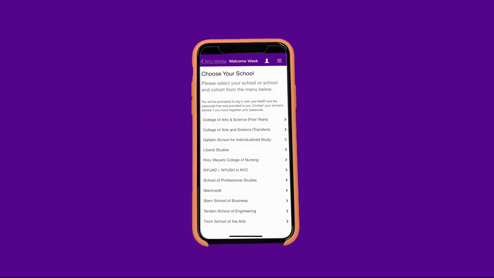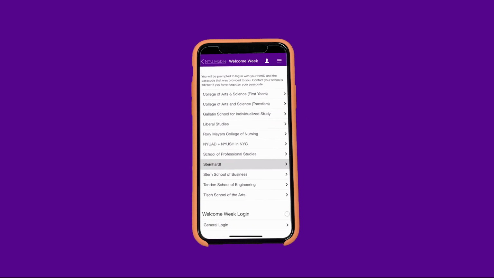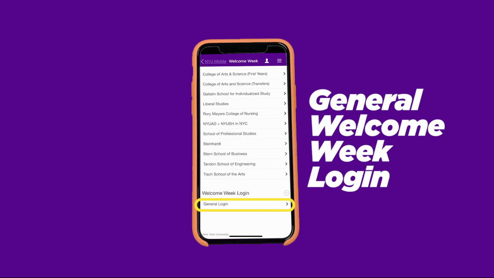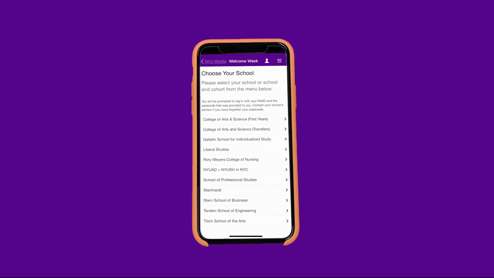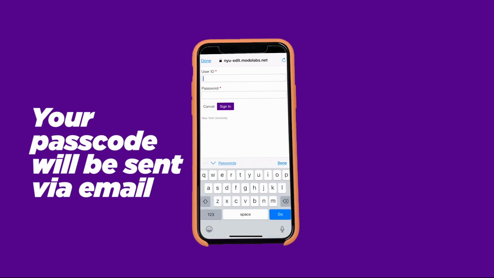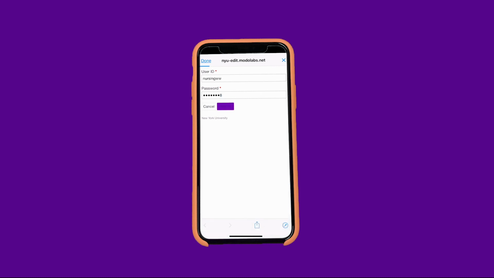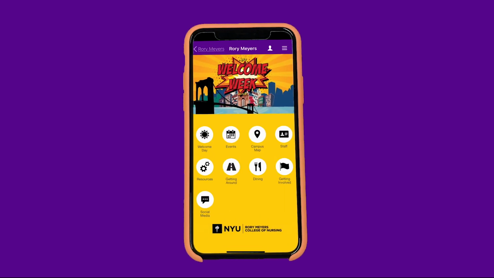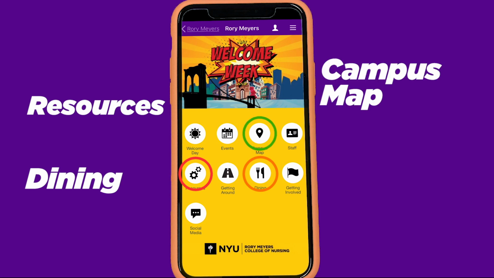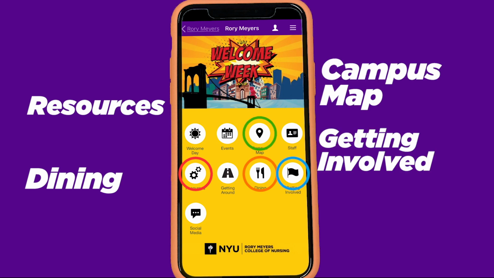You will see a drop-down of most NYU schools. Please select your school. If you do not see your school selected, please scroll down to the General Welcome Week login. After you have selected your school, enter your NetID and the passcode provided to you for your school in an email. Once you log in, you'll have access to many of the amazing features on the app, including information about resources, dining, the campus map, information on getting involved, and of course, access to all your school orientation and